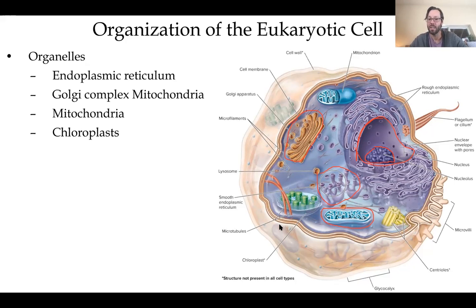And then in some cases, but of course not all, there are going to be these chloroplasts that have these stacked thylakoids, and that does photosynthesis. So not all eukaryotes are going to have chloroplasts, right? Just the plants and the algae. So that may or may not be there in a typical cell.